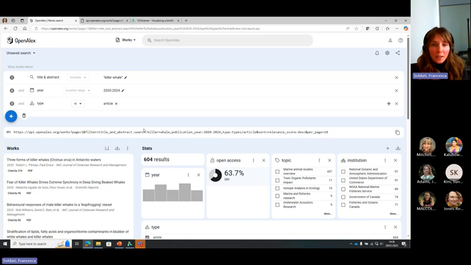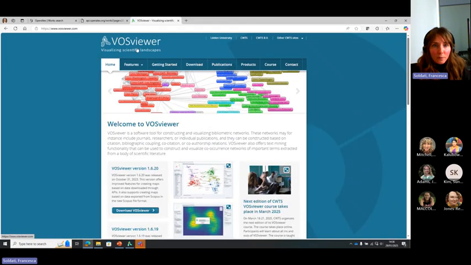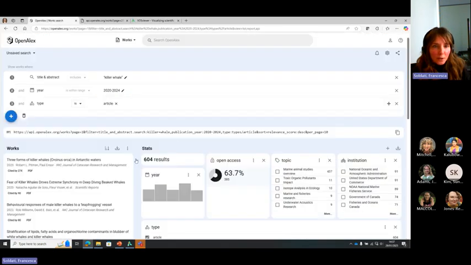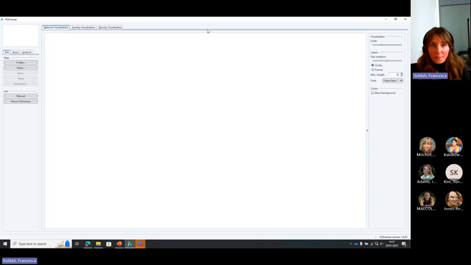And now I can show you how you can use, for example, an API call in a different tool. I don't know if you ever heard about this tool. It's called VOSviewer, and it's a tool that creates networks between publications. And it's quite useful if you want to understand how publications are connected to each other. So I can show you very briefly how it works. So you have here your search that you've done. If you open VOSviewer, it looks like this. So you have a blank slate. If you go in Create,